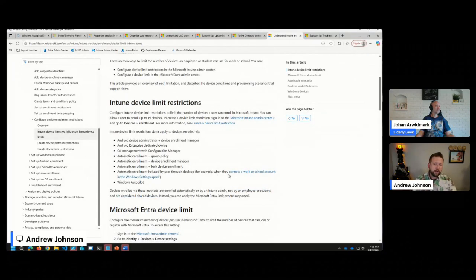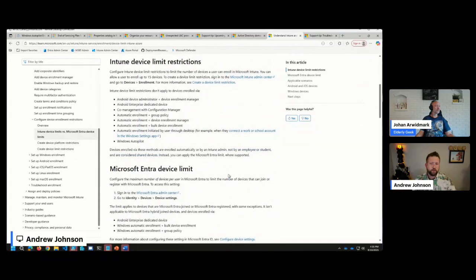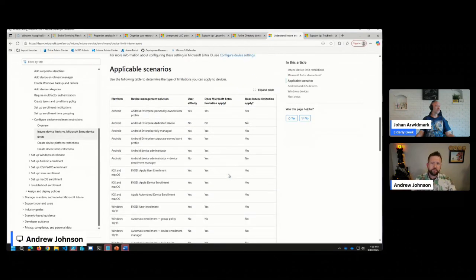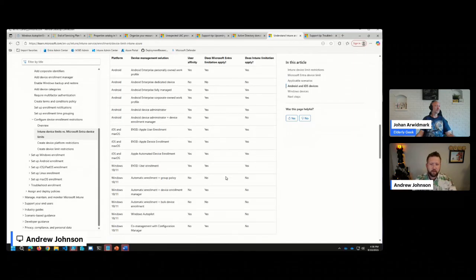Microsoft has some great documentation I like to refer to and share here, which also details which scenario counts against your users' Entra device limitations, as well as the Intune device limitations that you have in place.